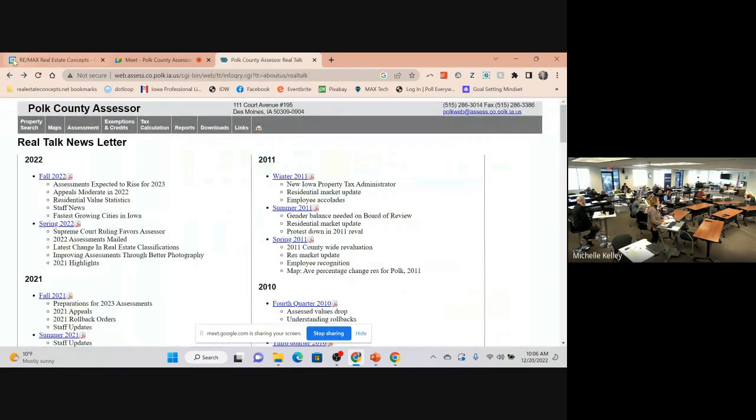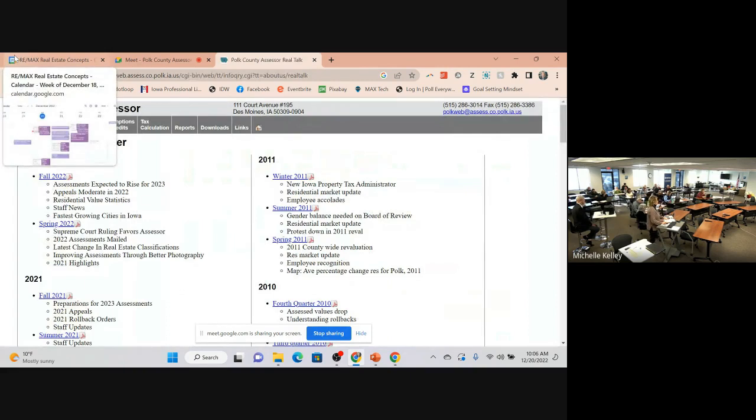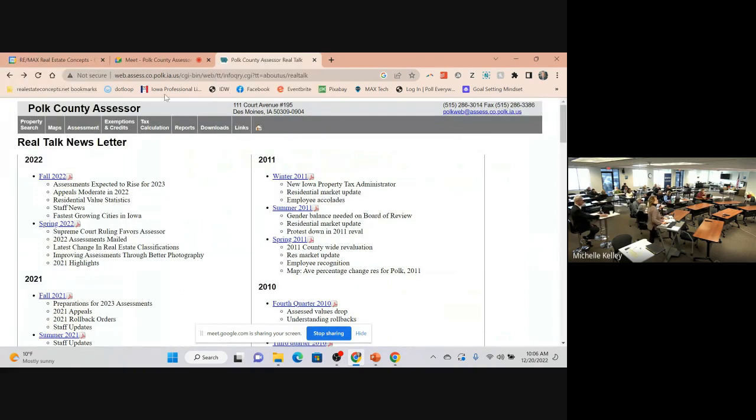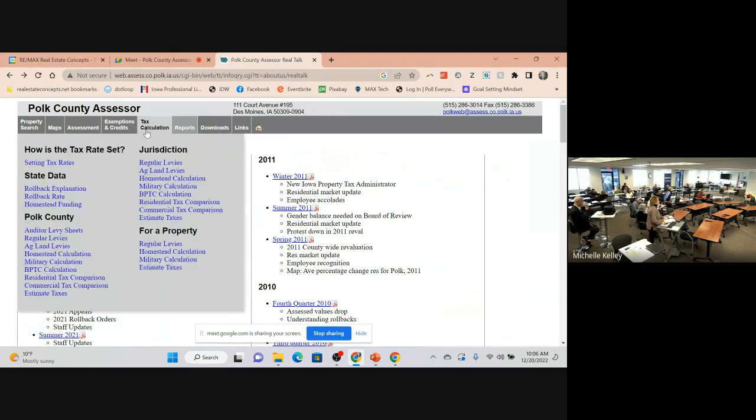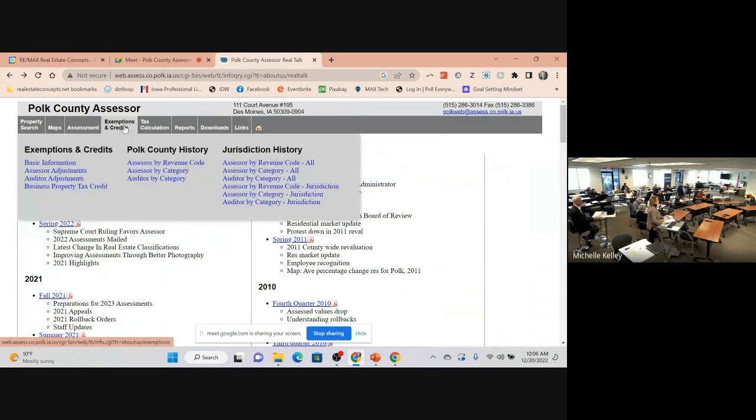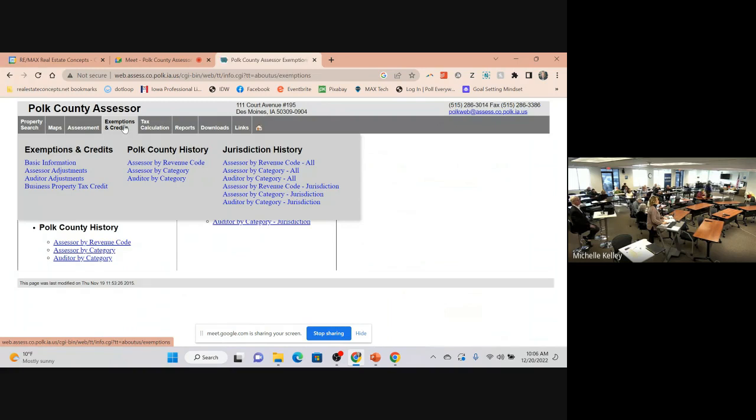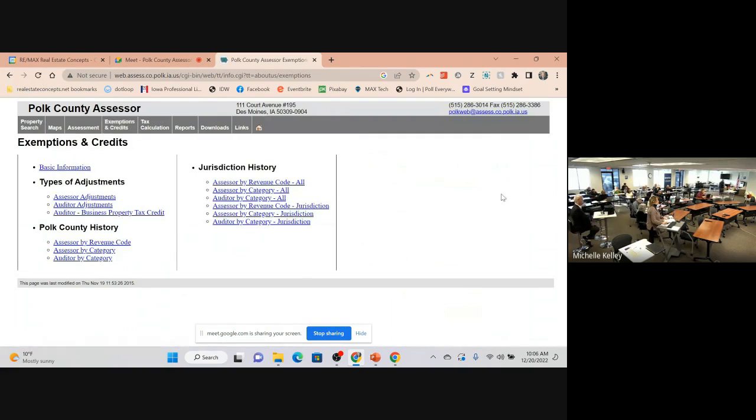Yeah, it's under real time. And just real quick too, up here in your tabs, exemption and credits, you might be interested in this. It just shows you what our adjustments are, what the auditor, and basically what that is, if you click assessor adjustments,